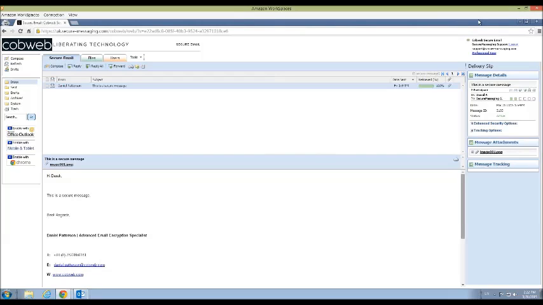What you're now seeing in this particular browser is an example of one way to access the secure messaging platform, one way to be able to read secure messages as well as compose new ones and add files and send those files to internal recipients or external recipients. So this is a simple webmail portal.